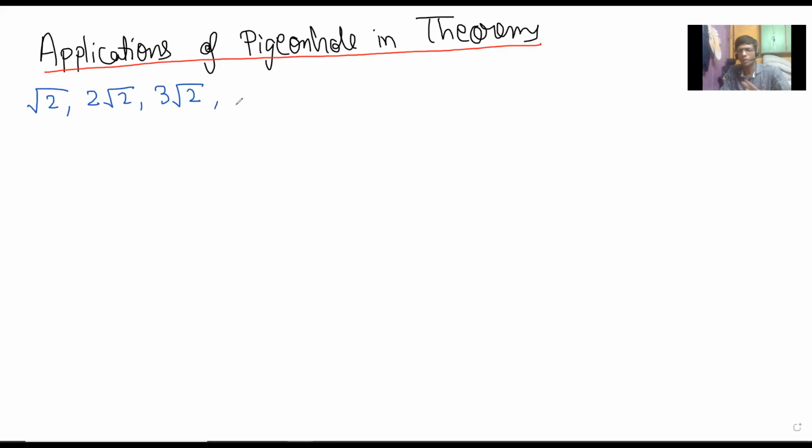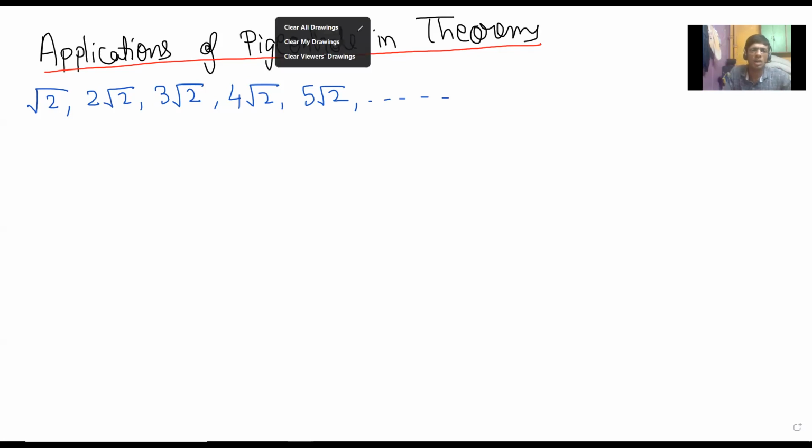For those who were not there, no problem, you can understand because it's self-contained. So we are looking at this sequence of multiples of irrational numbers, and basically what we want to show is that in the decimal parts you will get all kinds of things. To make it slightly more formal, the question is,